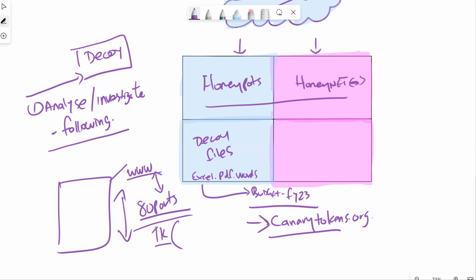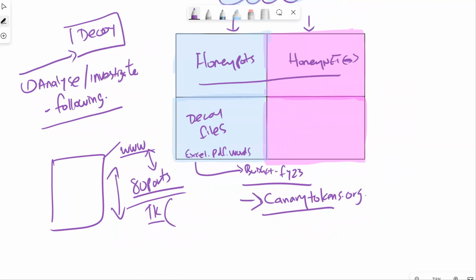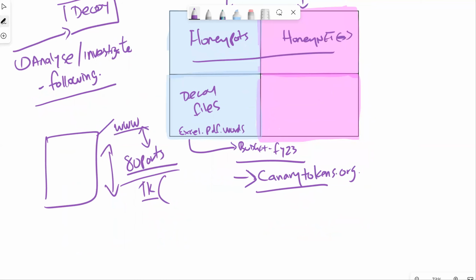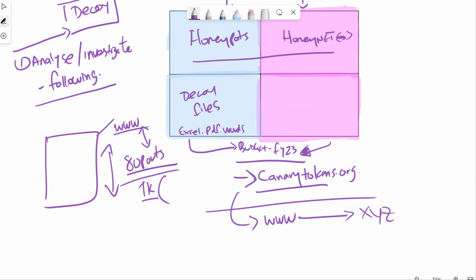And then that basically gives us a footprint where if we've installed this maybe on a honeypot, if anyone is trying to access that information or access those files, it gives us an alert. And then you can put in things like web services, maybe it's a web server, and then you can send the information off to XYZ person to then investigate, etc. So these tokens allow us to be proactive with decoy files, and we can create a bunch of these for different files, and then they will alert us.